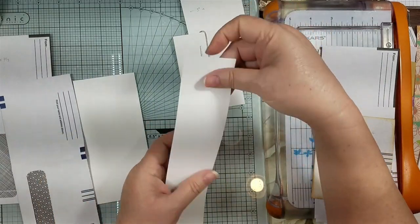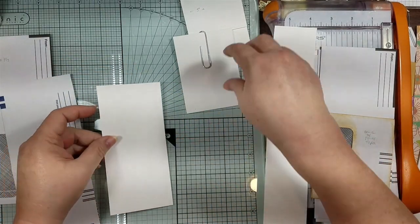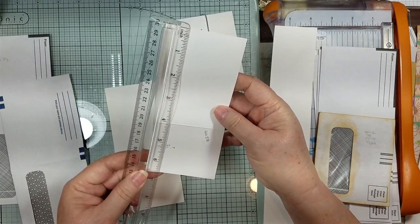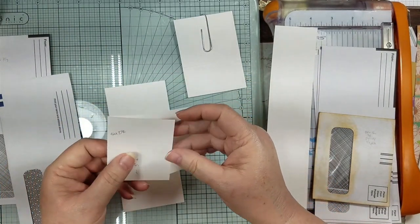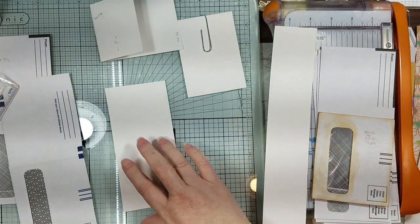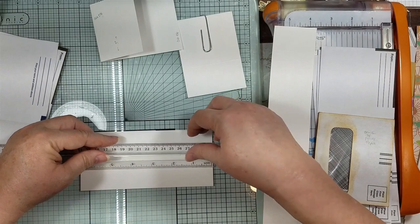And then I have some scrap 65-pound paper. It's Recollections. And what I did on here, got fuzz everywhere, I cut this to 6.5 by 3 inches wide. And then I'm folding it at 2.5. So I marked it at 2.5 and scored it. So let's just do that real quick. So this is 3 by 6.5, and then I'm going to score it